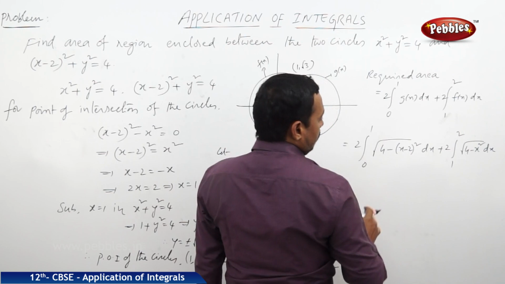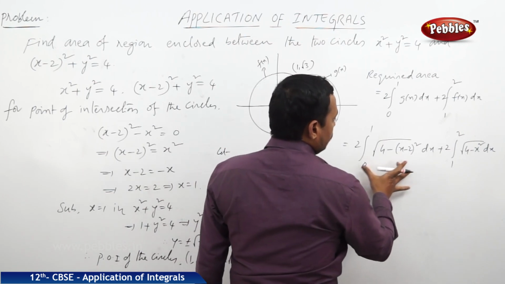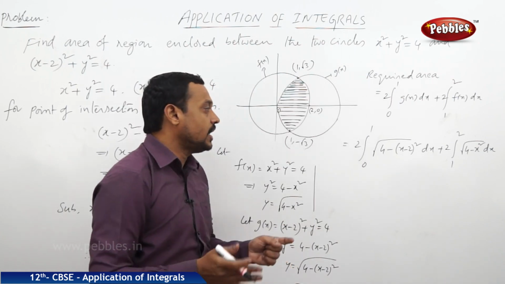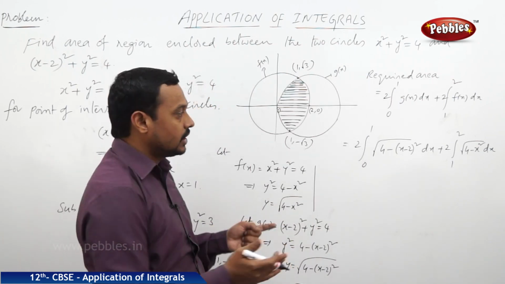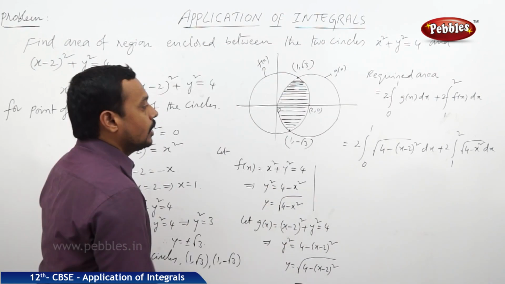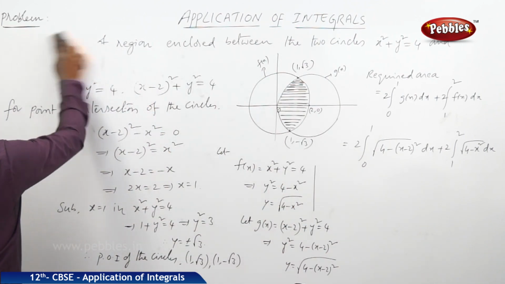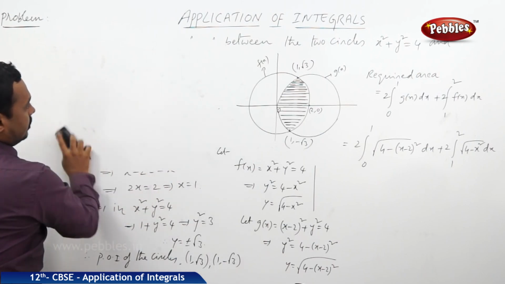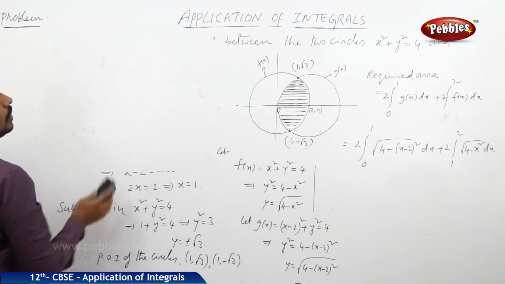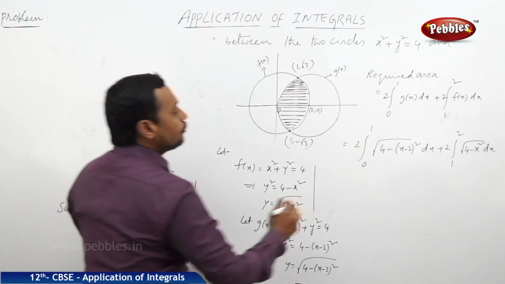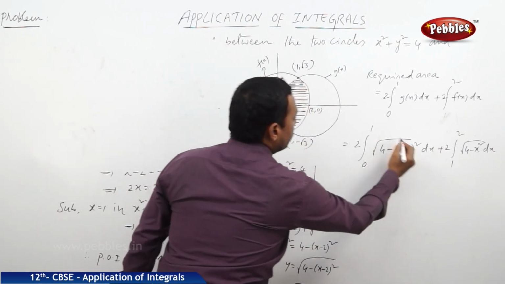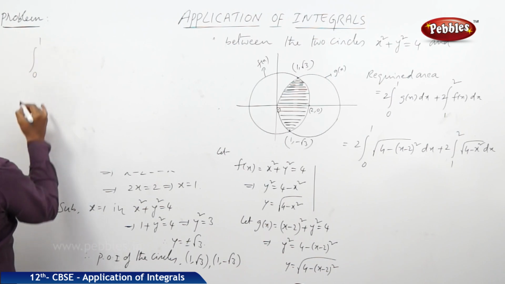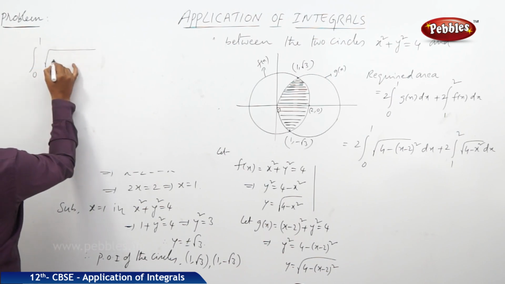Now, let us consider these two integrations separately. First of all, evaluate the two integral values separately, then after you can add them. Now, let us continue here. First of all, find the integral value of this function, that is integral 0 to 1 square root of 4